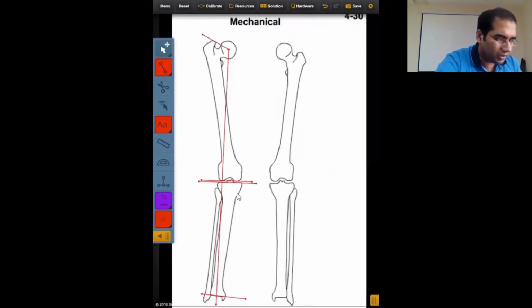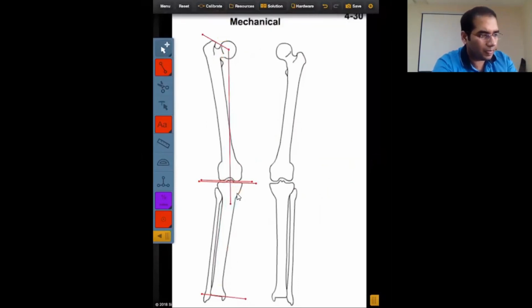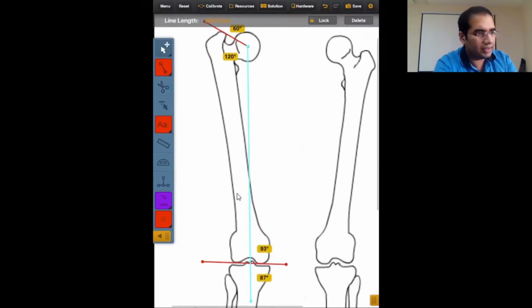Then what we are going to do is draw the mechanical axis of the femur. See, look at the angles. Now, what angles have you gotten? The lateral distal femoral angle is 87 degrees. It is within normal limit, but the lateral proximal femoral angle is